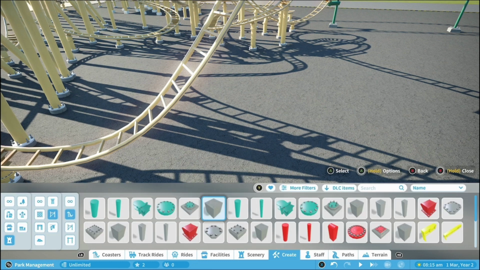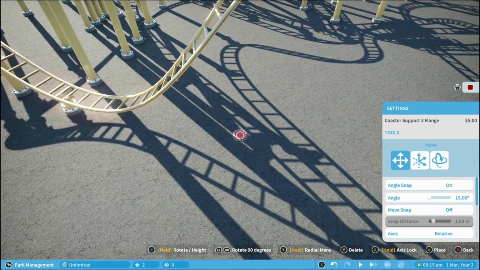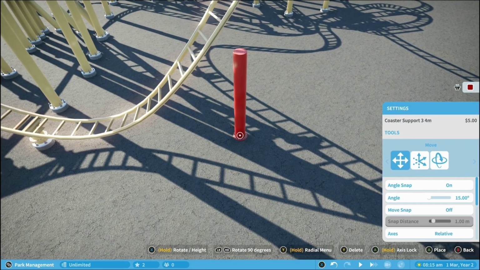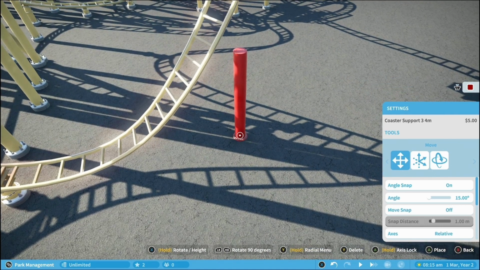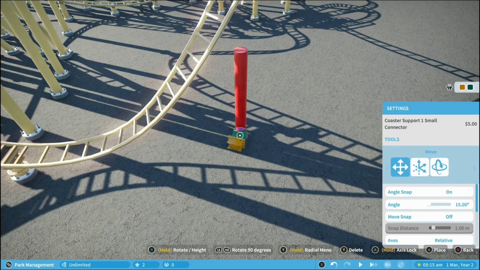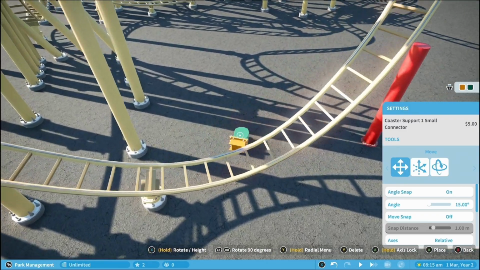We're going to go into the create menu, and we're going to look for a connector first of all. Let's choose, which one shall we have? Let's have this base. That's pretty fancy. And then we're going to have a large pillar like this one. And we're going to have a connector. And I'm going to choose this kind of connector